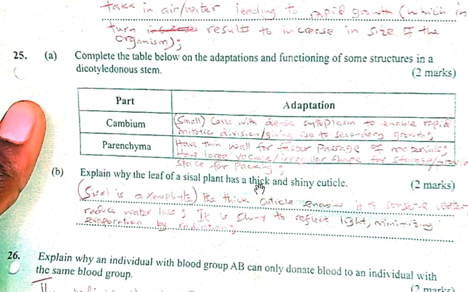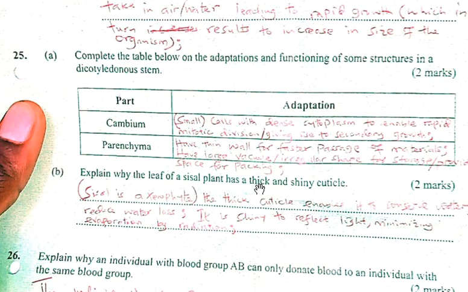Remember, the role of the cambium is giving rise to secondary growth, and secondary growth means a widening of the girth of the stem, and the cambium contains rapidly dividing cells, and these cells have dense cytoplasm to enable rapid mitotic